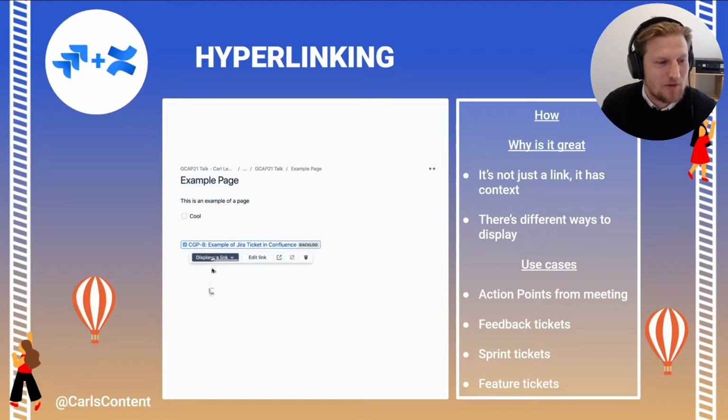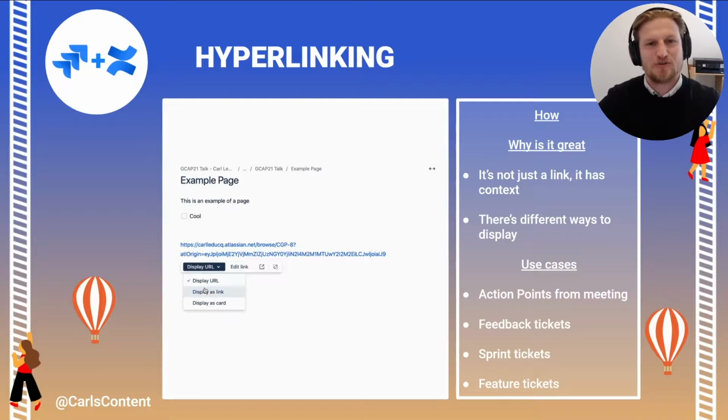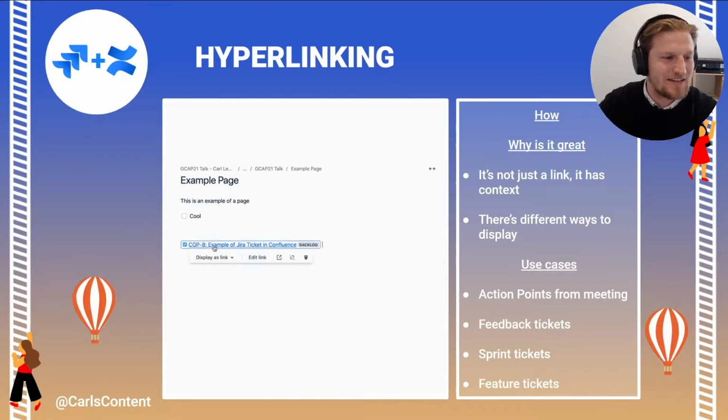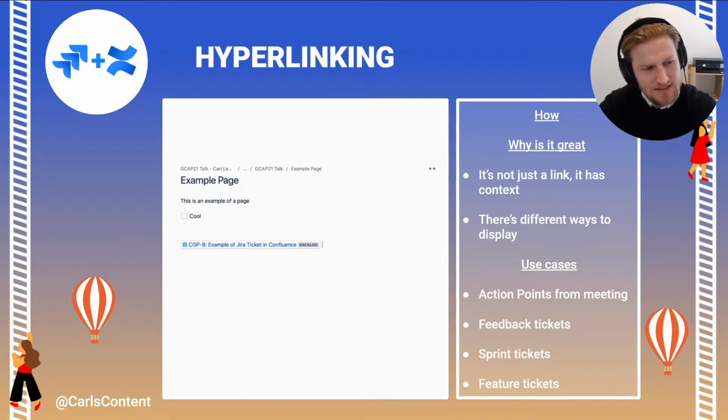But for me, it's probably the most powerful. And what it is: when you paste a link from Jira into Confluence, it pops up with a few options that show more statuses from that ticket. So as you can see in the GIF, it shows you the ticket number, the ticket ID, the ticket title,